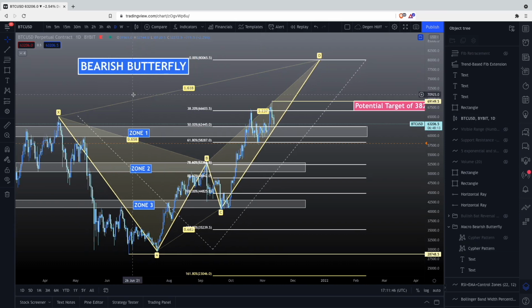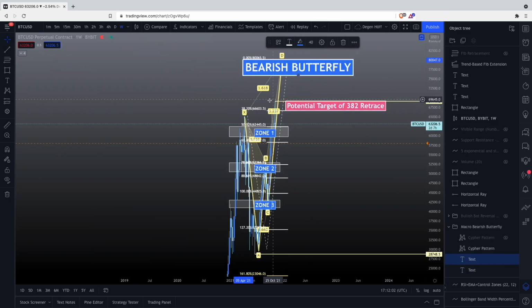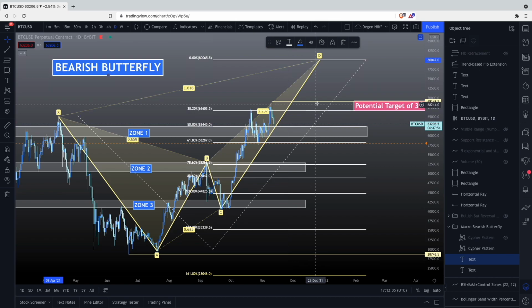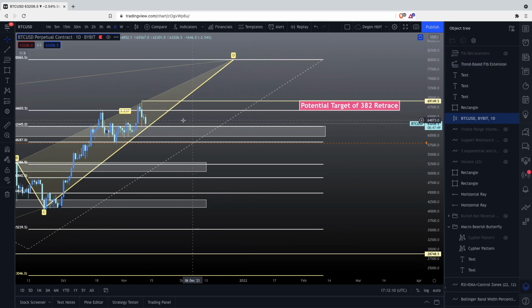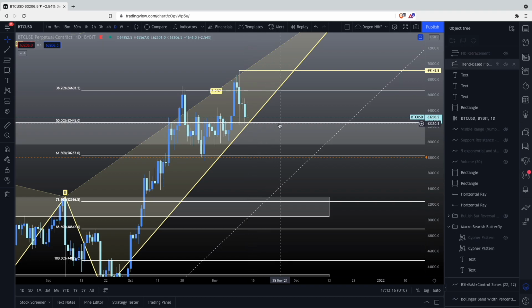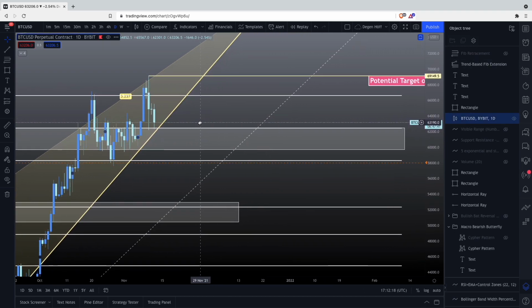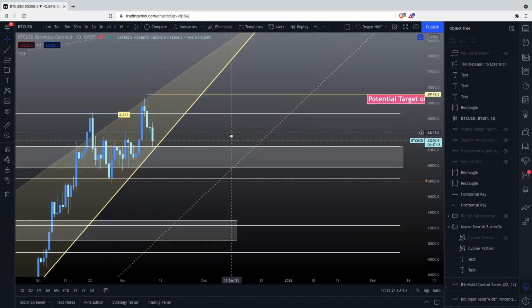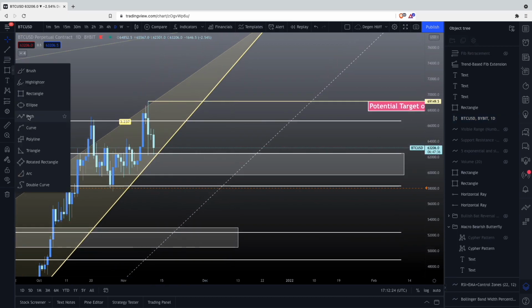Again, it's a macro harmonic pattern on the daily, which is very important to point out, because any patterns you see on the 1 hour, 15, they're very low time frames and not nearly as powerful as high time frame patterns. The ultimate would be the weekly, but again, that's not what I'm tracking today. I'm tracking the daily. So expect a bounce here, which we're already currently having. 2 deep wicks. Yeah, this right here on the upper bound of our zone indicates there's a lot of buying support and it's catching bids. So I would expect at this moment for it to continue tracking,